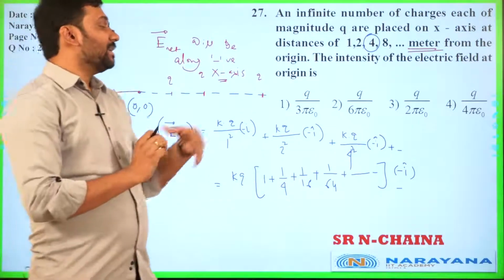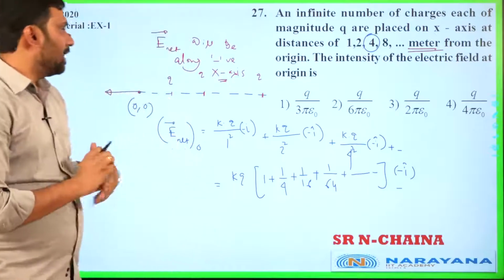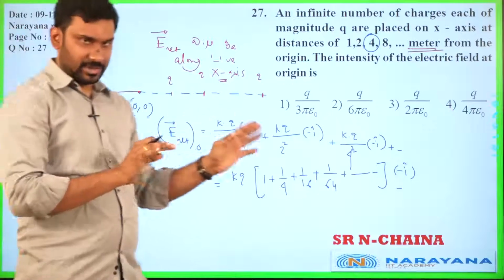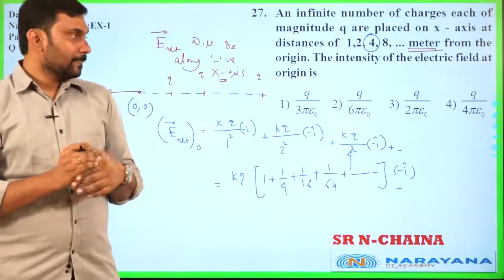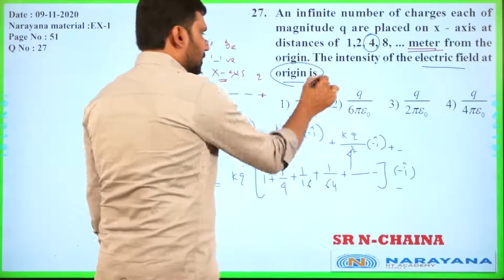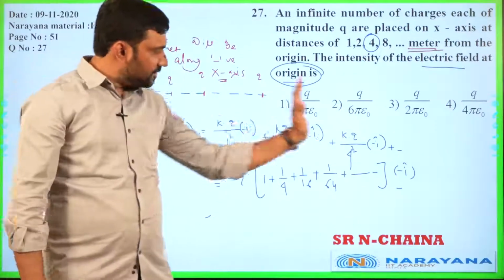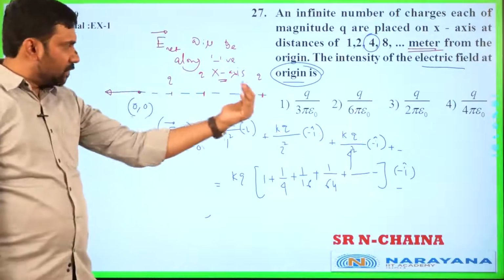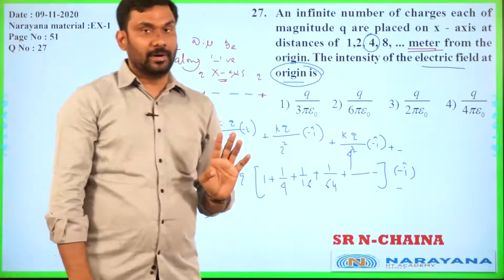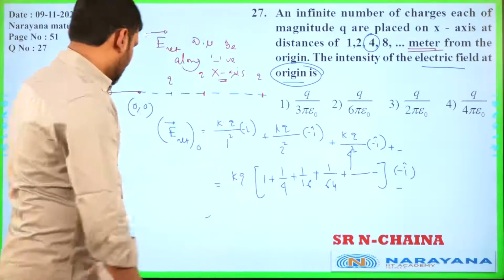But the point that I need to tell you, be careful about the direction. It is very easy to get confused actually. Easy question, but you can get confused because they are asking to figure out the field intensity at the origin, and all the charges are put on the positive x-axis. So their net field is going to be clubbed and they are going to come along negative x-axis. So there is a point to be remembered. Okay, fine. Chalo.